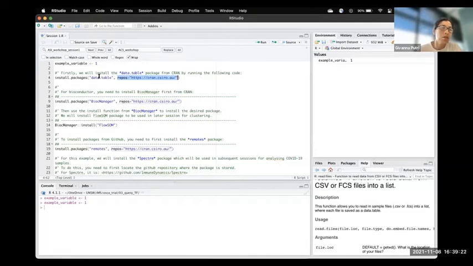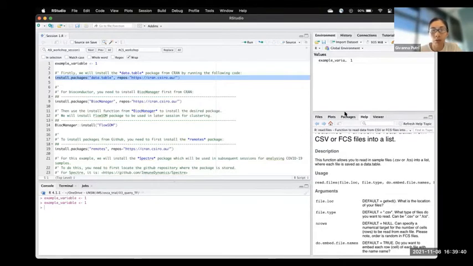to find this particular data table package. Sometimes you need it, sometimes you don't. If you need it, it will tell you when you run install.packages that you need to specify a repo. If you don't need it, it will simply install it for you. You can install it like this using code, or alternatively, if the package is available from CRAN,